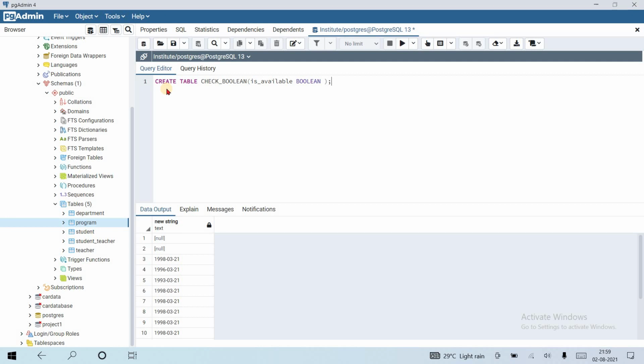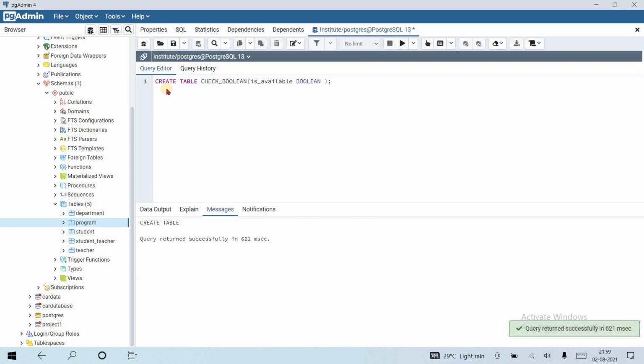Create table check_boolean is_available boolean. Yes, the table is created successfully.